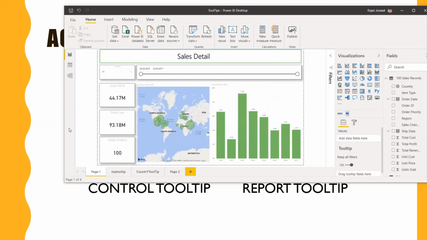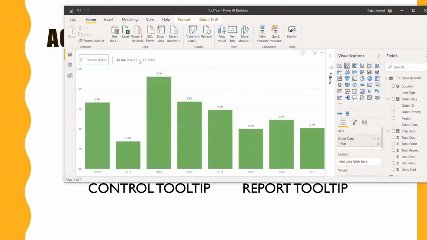Now what I want to showcase is the report tooltip. So let me enlarge it a little bit more. So this is basically the total profit by year. So in 2010, how much profit we earned. Then in 2011 and 2012, what is the profit ratio? Now your user, your client, wants to get more detail when you hover over it.